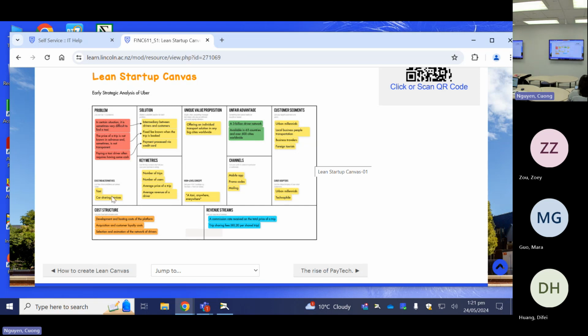Now, under the problem, there is another headline here, existing alternatives. So you also need to do some market research to see what kind of existing solutions are in the market. You have a solution here, then you need to figure out whether similar solutions are already in the market, but that solution can be competitive. So it's not our solution. It's somebody else's.